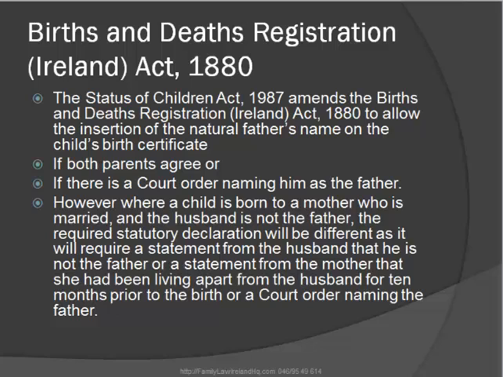However, you may find a difficulty in some exceptional situations where both parents agree, but the civil registrar refuses to add the father, for example, as the parent of the child, and will insist that you go to the circuit court to obtain a declaration of parentage. This can happen in relation to people who have come to Ireland from abroad, where a question may be raised as to the domicile of the father at the time of the registration of the birth of the child.